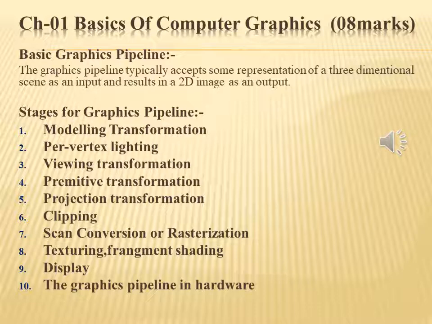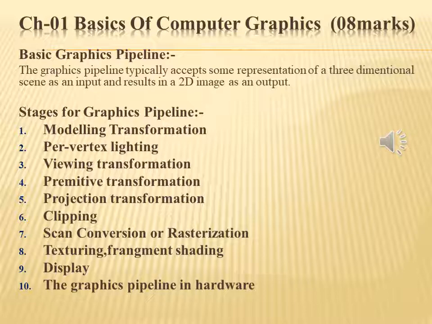Next is the clipping. Geometric primitives that now fall outside of the viewing frustum will not be visible and are discarded at this stage. Clipping is not necessary to achieve a correct image output, but it accelerates the rendering process by eliminating the unneeded rasterization and post processing on primitives that will not appear anywhere.